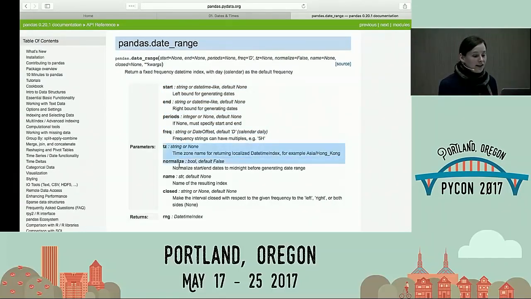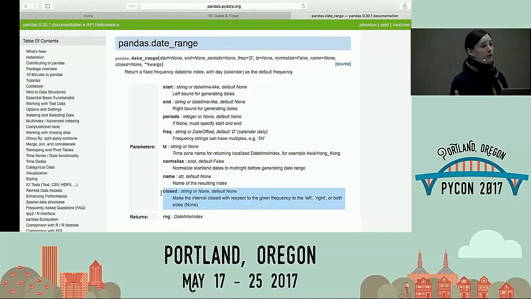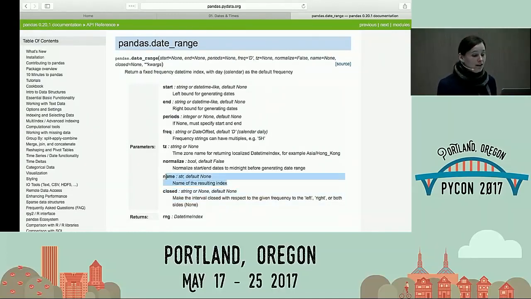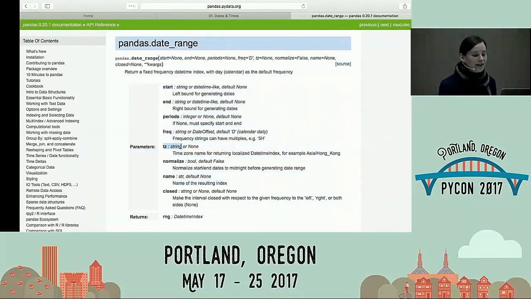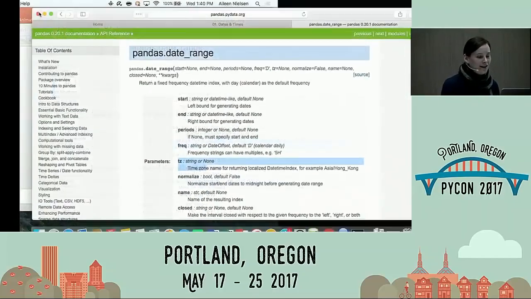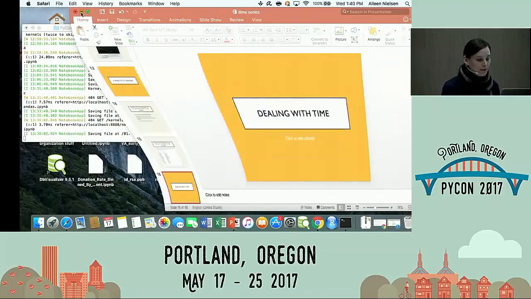There's also things that are just extra nice things, like closed, make the interval closed. You can do left, right, or both. That's first of the month, last of the month, beginning of the day, end of the day, beginning of the business day, end of the business day. You can name your index, say if you are going to use a series with a named index, for those of you comfortable with Pandas. And this one's also nice, time zone. I don't know how many folks have worked with time data in the past. Time zones are a huge pain in the butt. And let's also remember daylight savings, which has to do with time zones. Pandas takes care of all of that, and we'll see a bit more of that later. But it's just really beautiful as far as how effortless it can be once you get comfortable with the API.